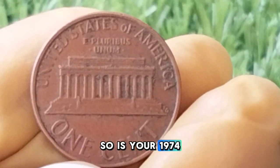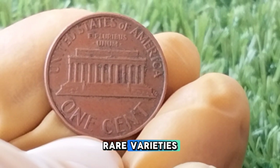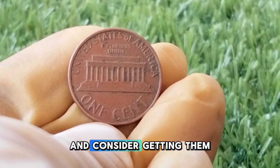So is your 1974 penny worth a fortune? While most are only worth a cent, rare varieties and error coins could bring in some real cash. Always check your pennies closely and consider getting them graded if you